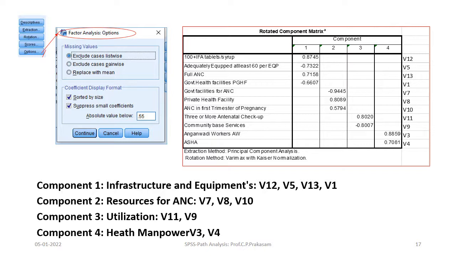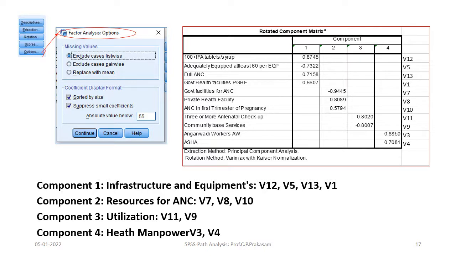The second has V7, V8, V10, that is the government facilities for the ANC, private facilities for the ANC and ANC in the first trimester of pregnancy. It is named resources. This judgment of giving a factor name depends upon the researcher's literature review and understanding of the problem.